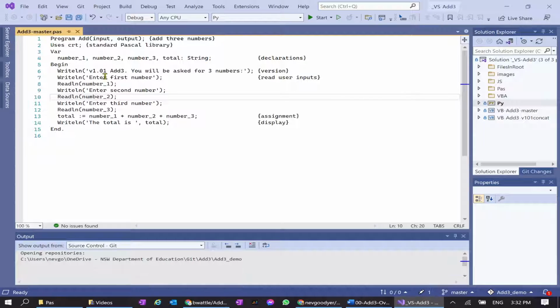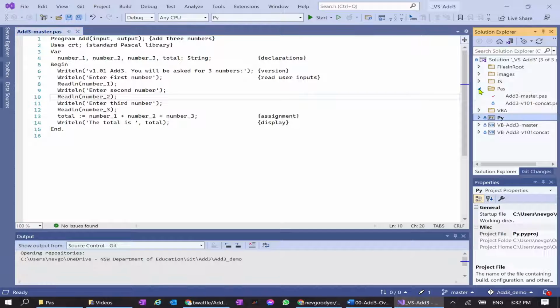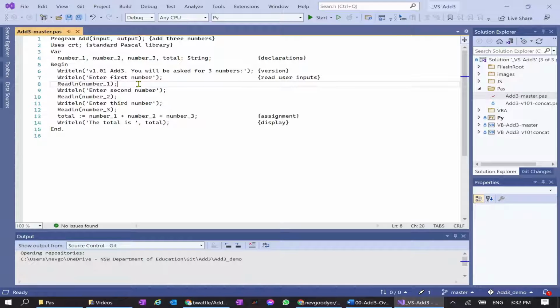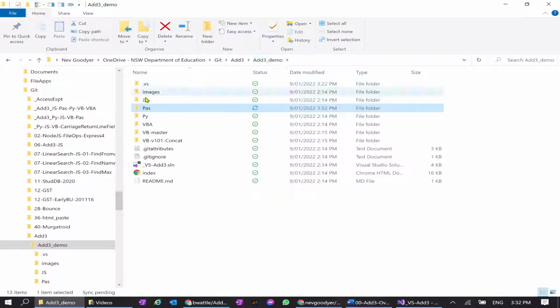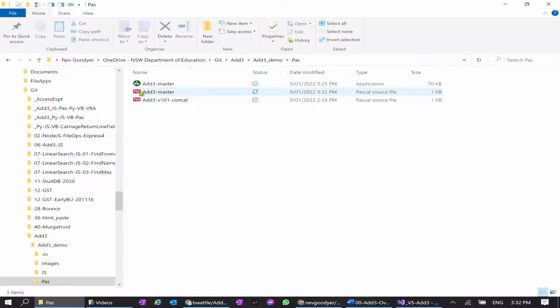And so we can operate in Visual Studio. We're going to work on our Pascal files first. So I've actually got that one open there, and I could edit in here if I wanted to, but Control S, but I'm not going to work here. I'm actually going to work direct from the folder. So here's my folder. Pascal will always work on the master file, and that way we'll make a copy for